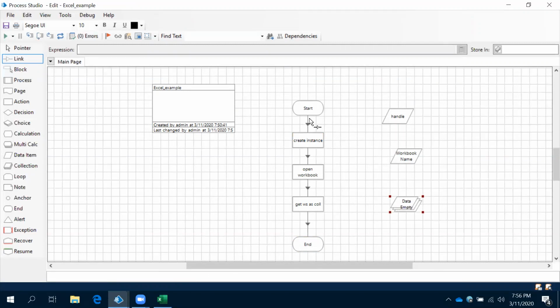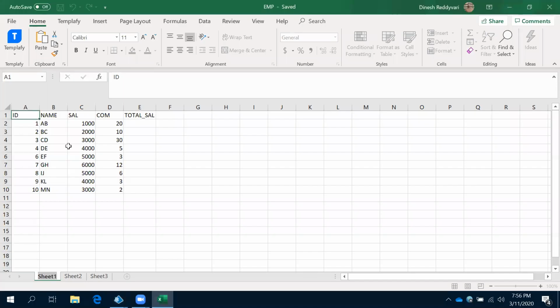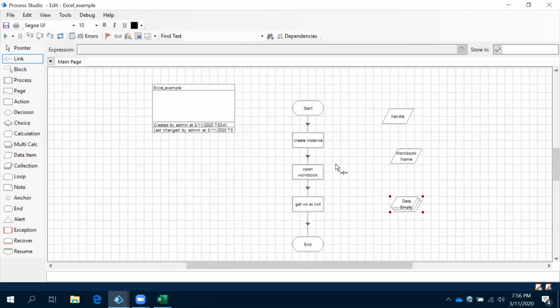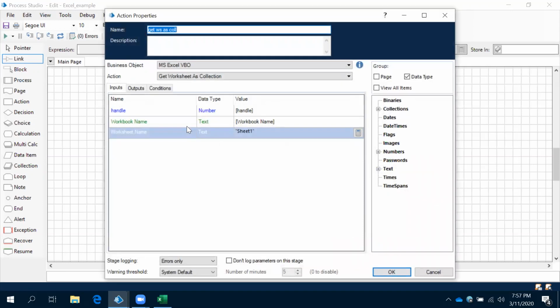Now let me explain the actions, why we require create instance and why we require open workbook. Our requirement is to load the data from this Excel file into this collection, right? For that, this is our action: get worksheet as collection. When using it, you know the sheet name, but do you know the workbook name?